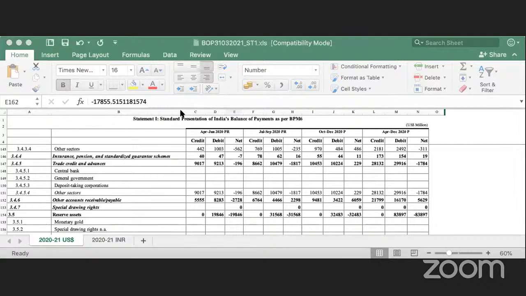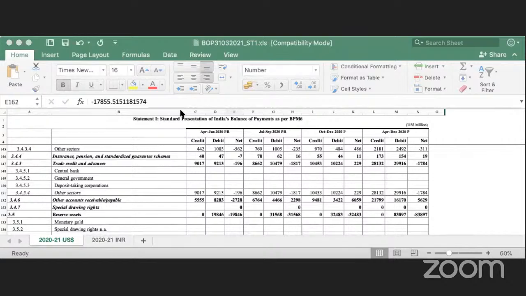Is this topic coming from an examination point of view, sir? Balance of payment. What is balance of payment? What are the components of balance of payment? Discuss its features. Theory. And what is balance of trade? In what way is it different from balance of payment?